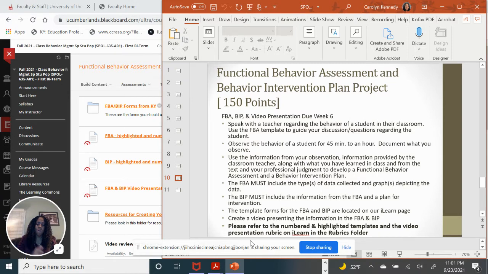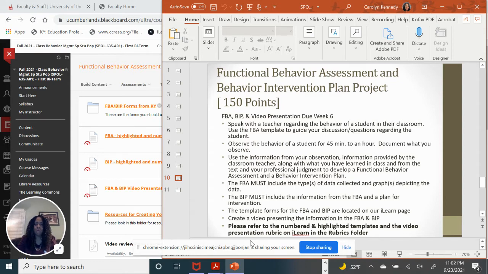So like I said, for our pseudo FBA, for our learning purposes, you will speak with the teacher and get their input, as much information as you can get from them. Then you will make arrangements to observe the child for at least 45 minutes to an hour, and collect your information just like you did for the data collection project. Use that information from your observation,